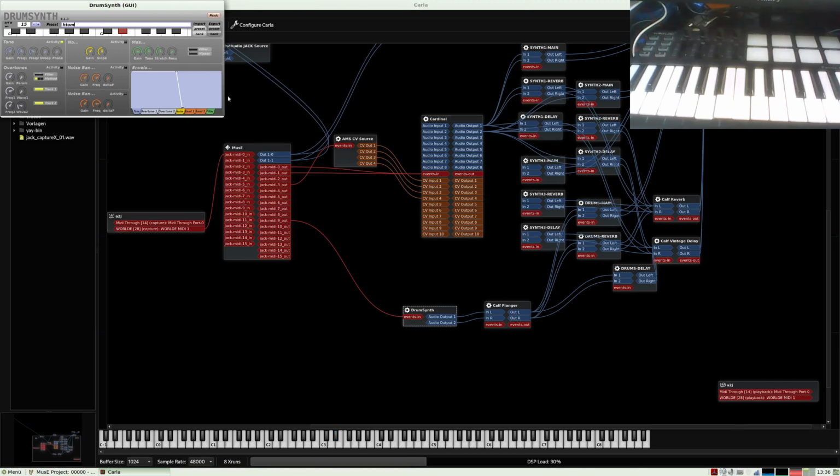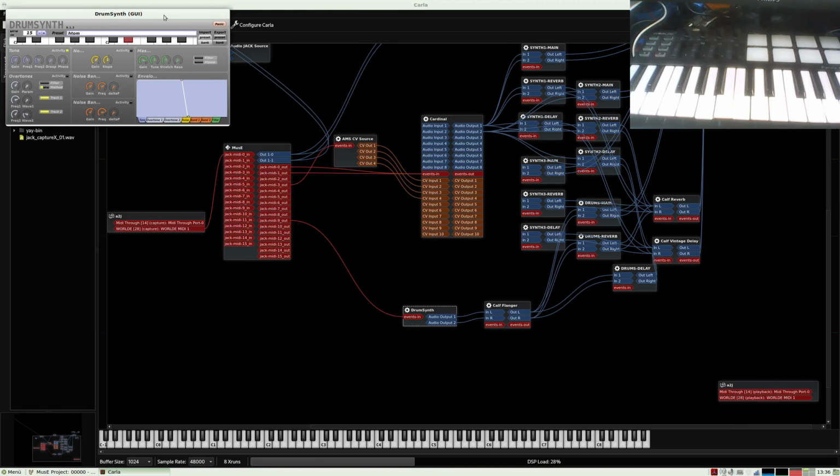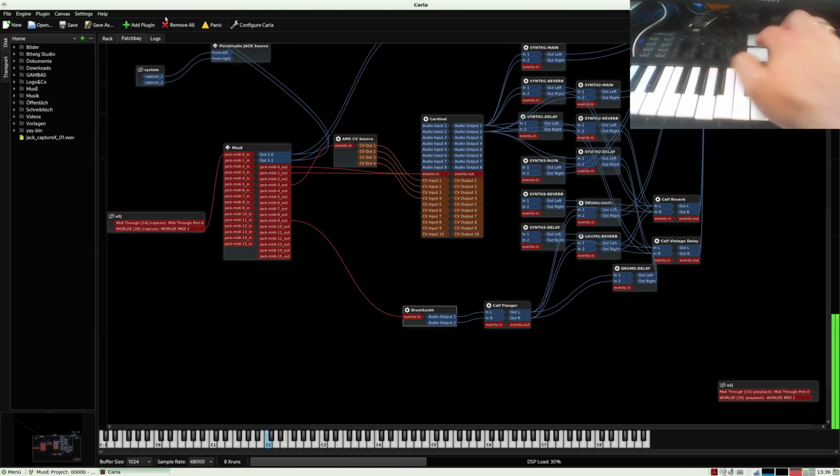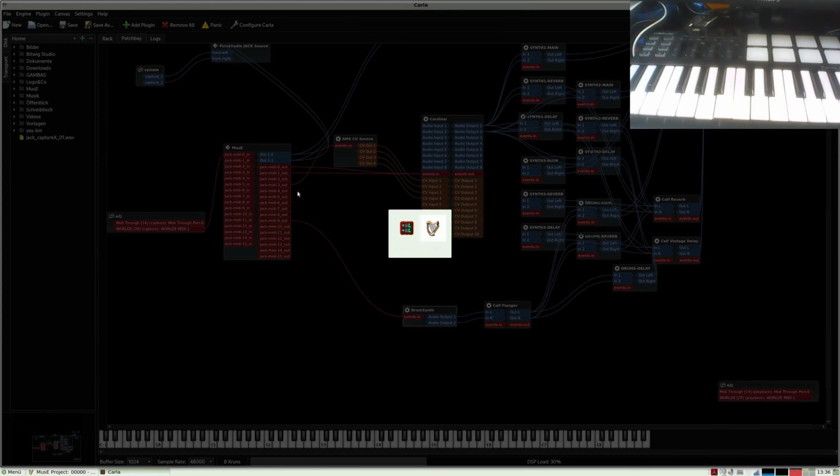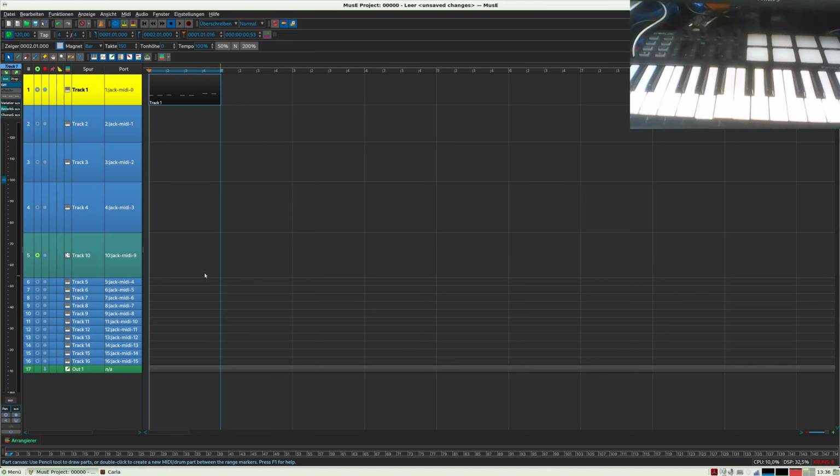Okay, it takes too long, so I go outside this here. And now I want to program a drum pattern here. I will use the first one bar.